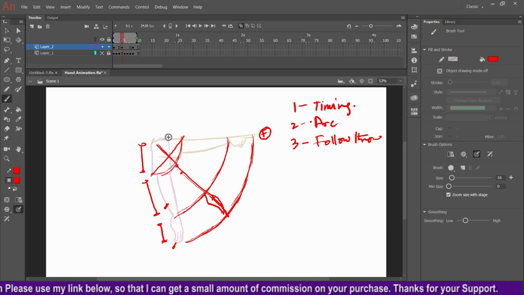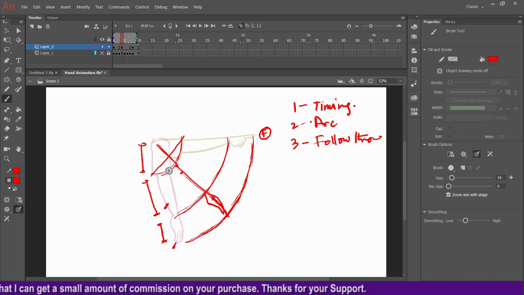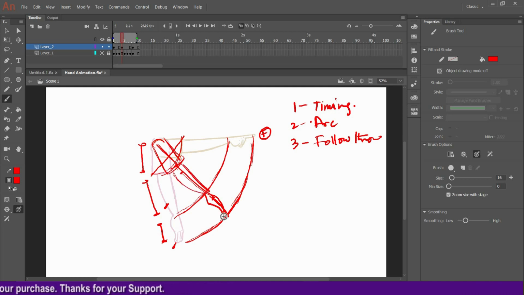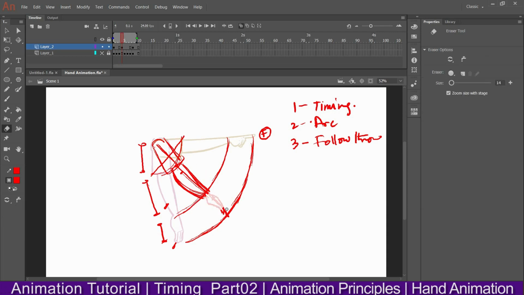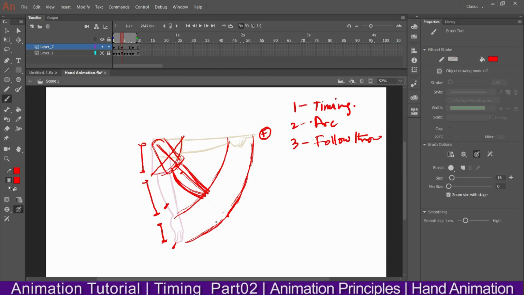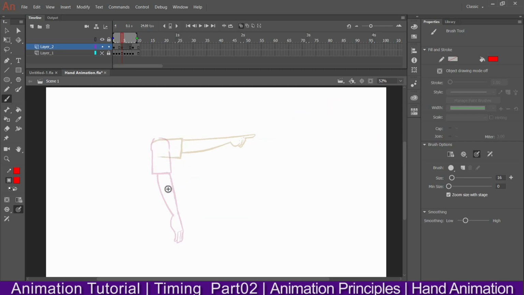This part will be delayed, this part will be delayed, and the first and foremost part is this area, the shoulder area. The first preference would be the shoulder. So first you need to draw the shirt area, this hand area. Then you need to draw the second segment, and after that the third segment. The palm will be delayed compared to the other two segments, so it will be a little back like this. Okay, so this you need to see. These are small things you need to keep in mind while doing this animation.